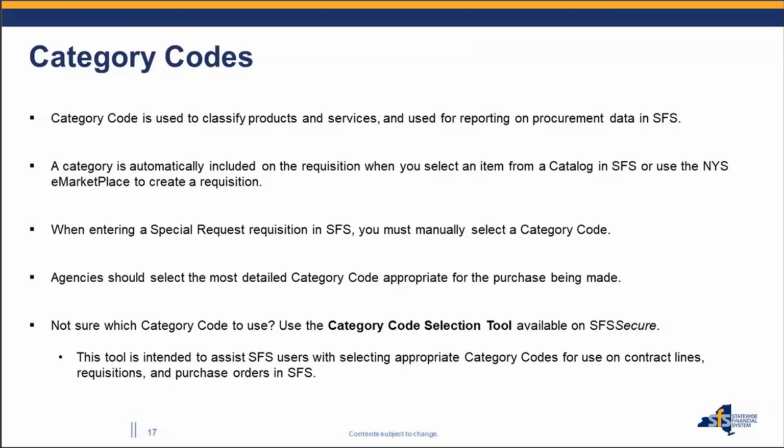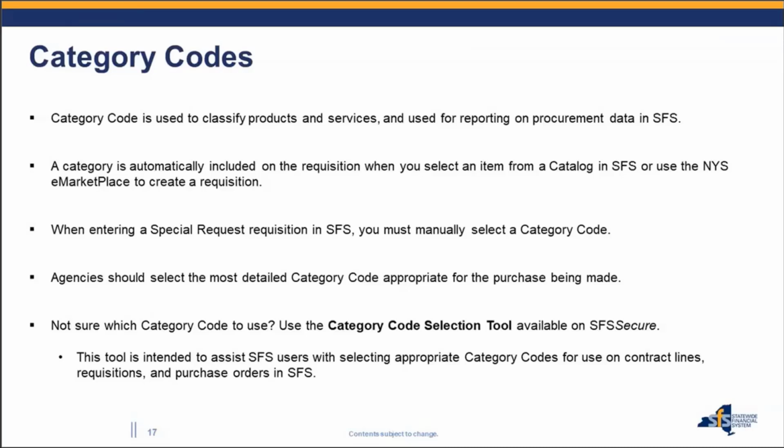If you are utilizing a general requisition or special request requisition in SFS, you must manually enter that category code on your order for each individual requisition or purchase order line. Now, agencies want to select the most detailed category code possible, and it needs to be appropriate for the purchase that's being made. This is very important for downstream reporting, for DOB and OSC reporting on what is being purchased,